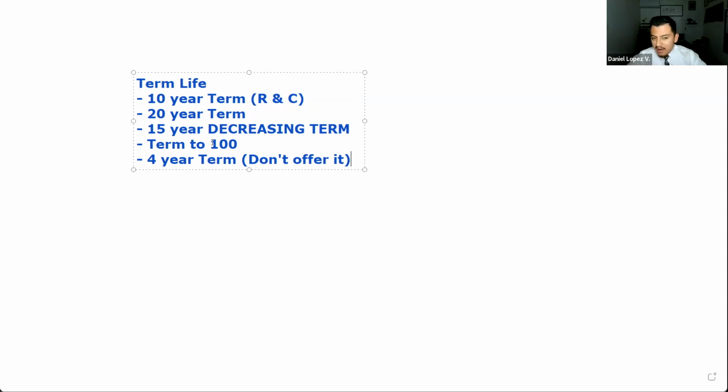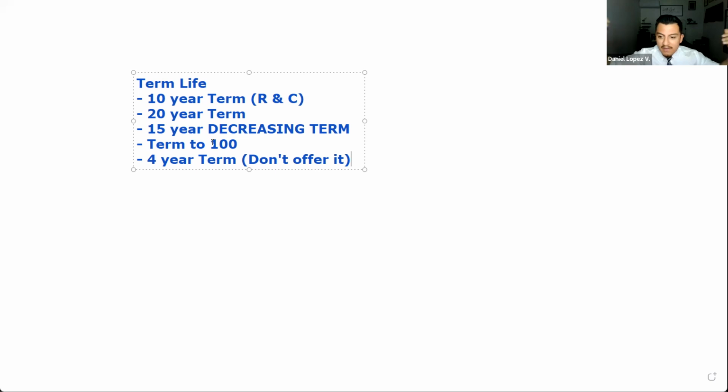Now you might, oh, actually, you can ask why. Why? Well, because Mr. Coin, which is the main guy that started this here, just doesn't like 4-year terms, and it's a very other companies do, but we don't. The process to qualify for a 4-year term is very hard. It's harder to qualify for a 4-year term compared to a whole life. There's a lot more investigation to go through because typically a 4-year term is extremely affordable, more affordable than a 10-year term. So a client can get like $500,000 for like $30, $40.